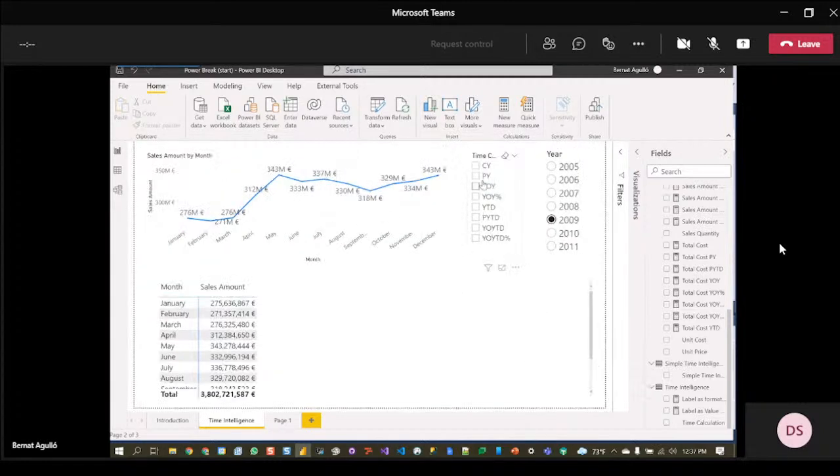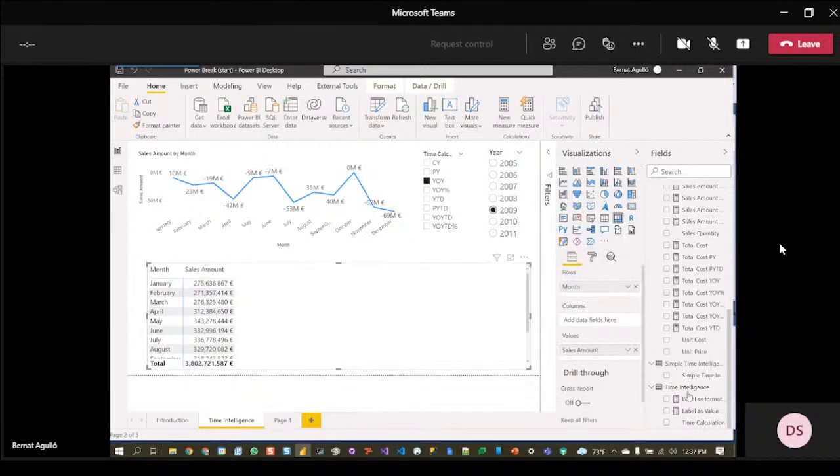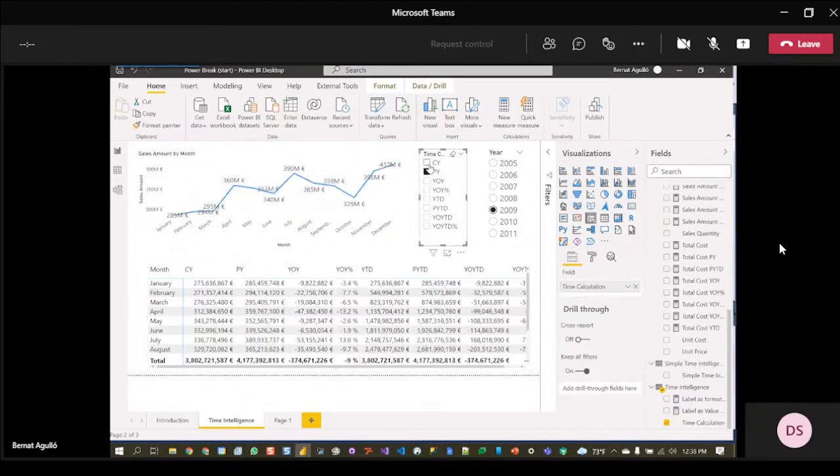Okay, here if I select previous year, boom, see it will change this for me. This is not affecting here. Here I think it's better to bring the time calculation on the column. Okay. And here, of course, this is not affecting the table, but it's affecting the chart. And here we could choose to have